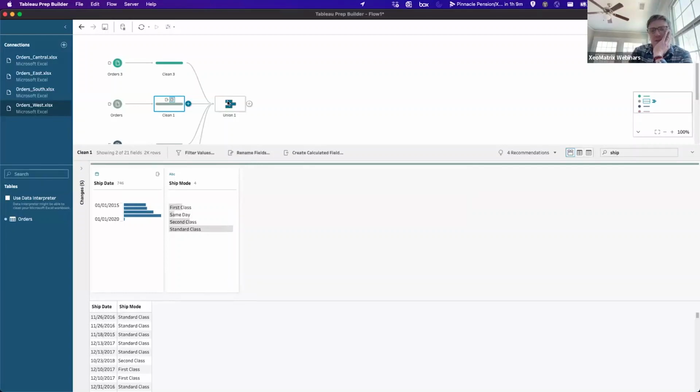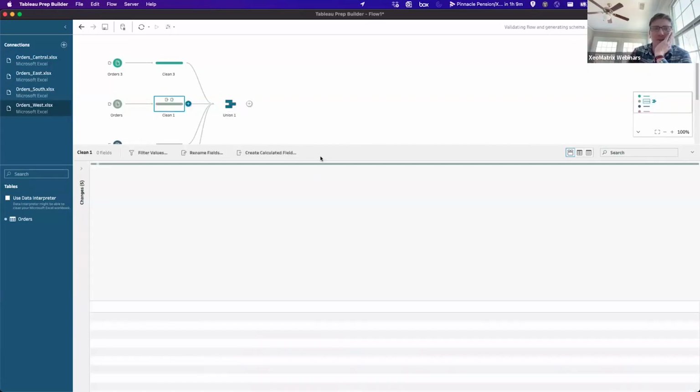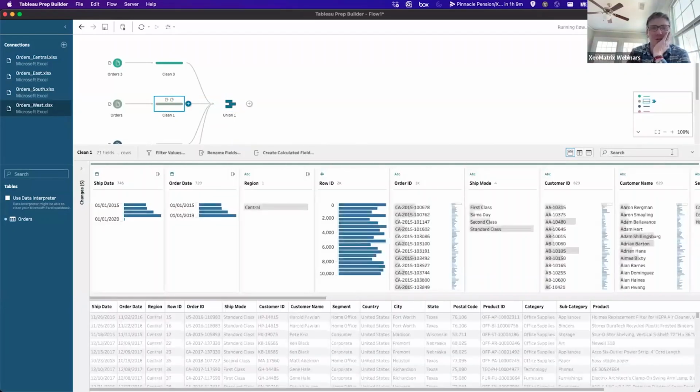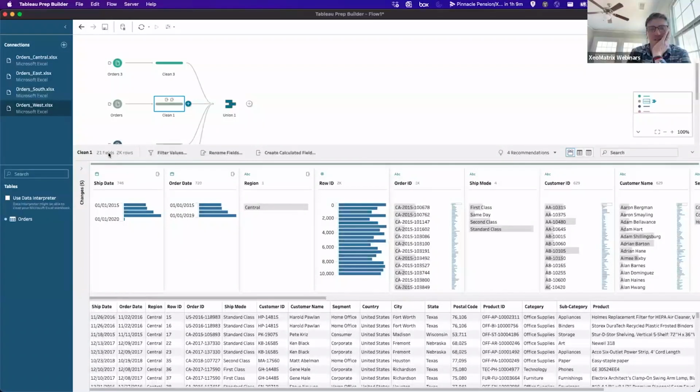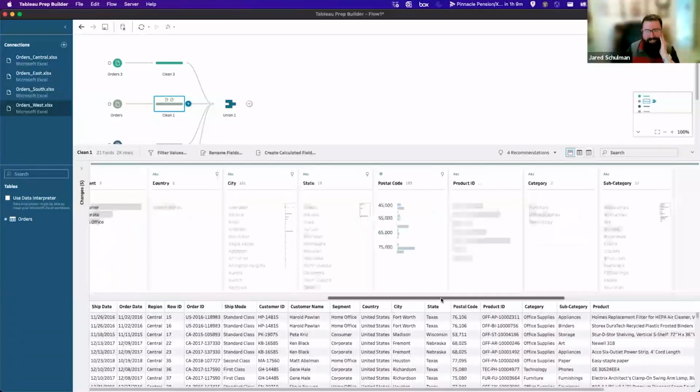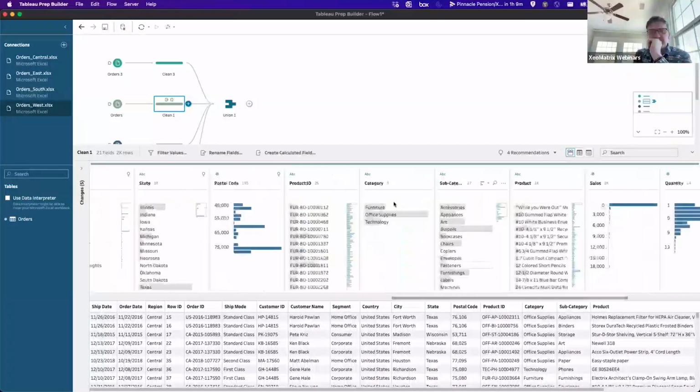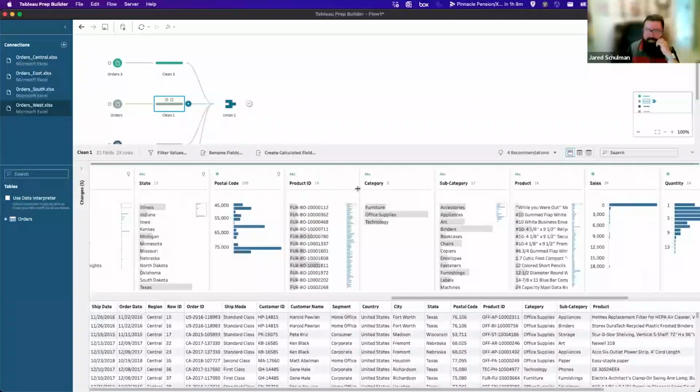Like you went to the search bar and typed in ship because you're looking at a lot of data, so it probably helped to get to where you needed to remove those columns, right? You just type in and then it filters down to ship or order as you were searching. Yeah, exactly. I mean, there's 21 fields here. You could easily have a flow that's got 250 fields, and you don't want to be scrolling left and right